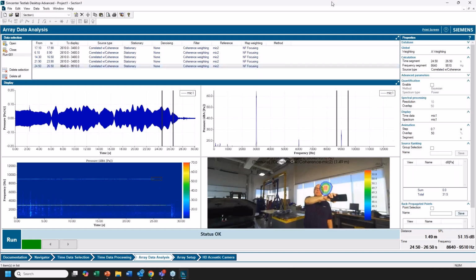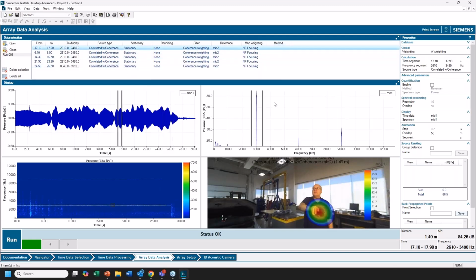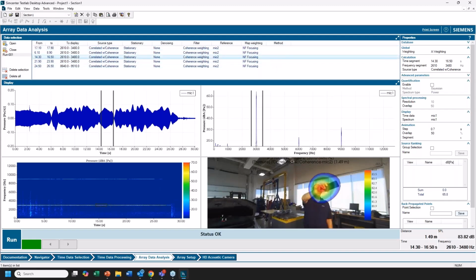Now, another nice feature with the array data analysis software is that everything I have calculated is kept up here at the top. So I don't have to go back and recalculate anything that I've done previously. I can click on any of these results up here, highlight them, and it updates that image based on that previous processing. Wow, that's cool. Yeah, so I don't have to do anything twice. So those are some fun features to start with.